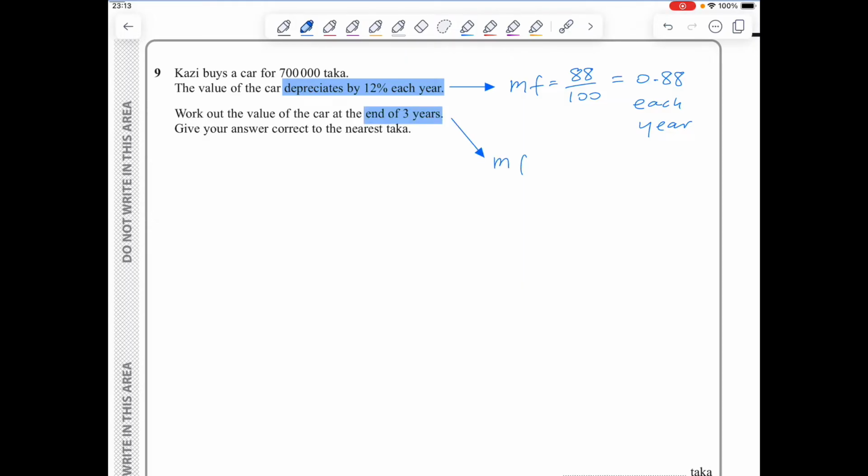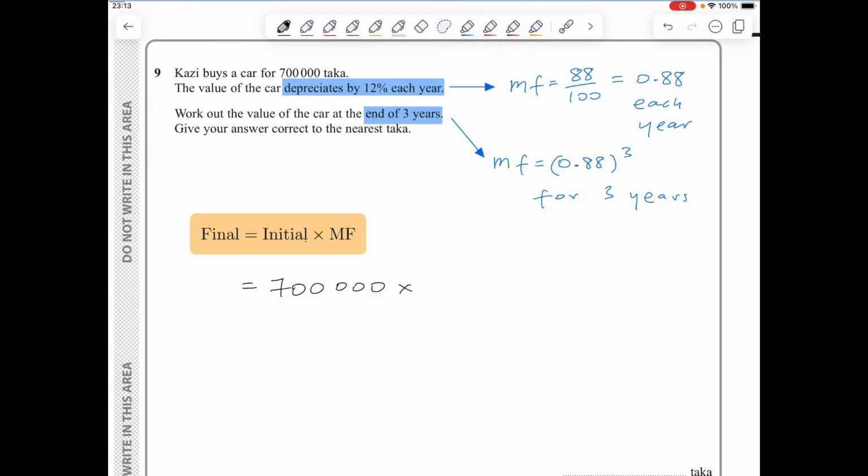Therefore, the multiplying factor is equal to 0.88 to the power of 3, and that's for 3 years. So, using the following formula, I can plug in the initial value and the multiplying factor, and this will give me